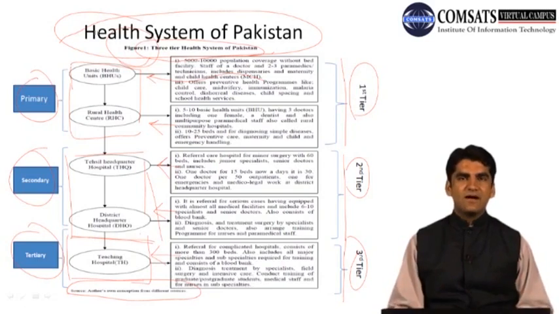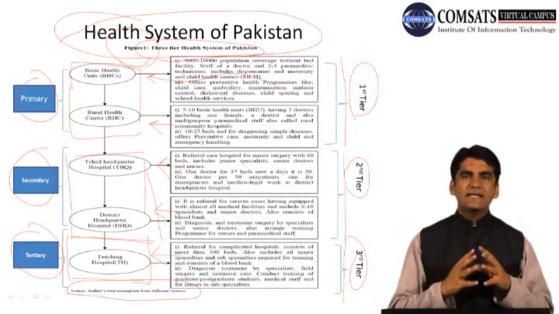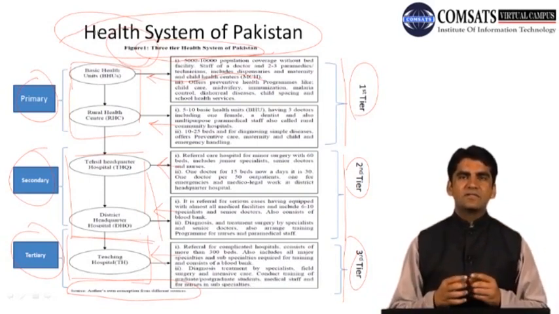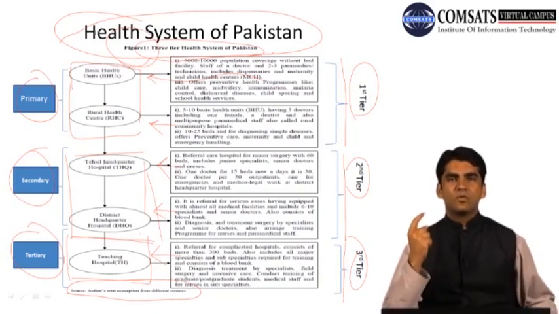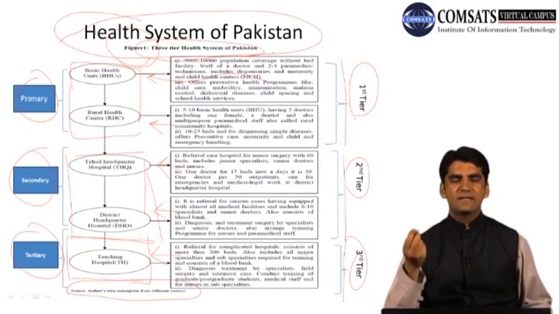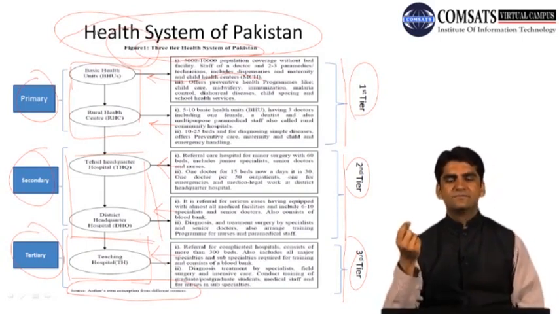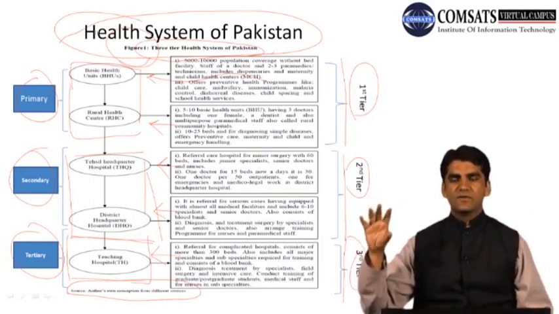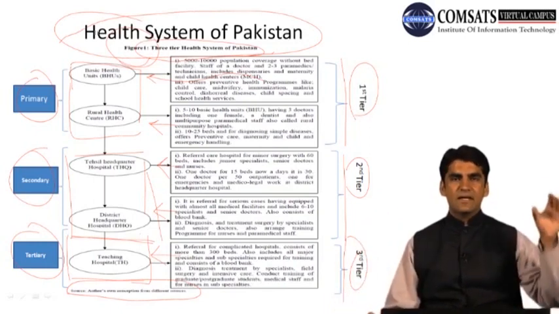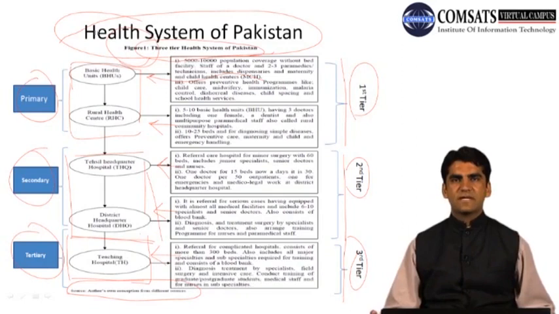So by looking at this figure, we have come to know that it is at least self-explanatory, because it is fulfilling the basic criteria that we have set or read in our previous lecture. Number 1, it must have a clear, concise and brief title, which we had in this graph. It must be explained with a unit of measurement. So we have the unit of measurement in terms of the 3-tier system, and on the left we have explained what these 3 tiers of the health system in Pakistan are.